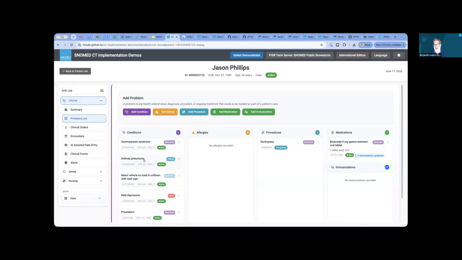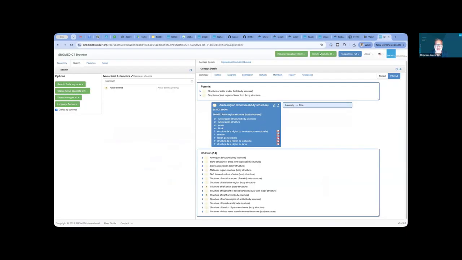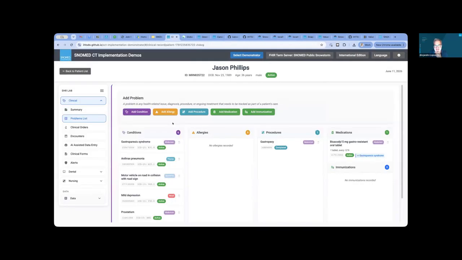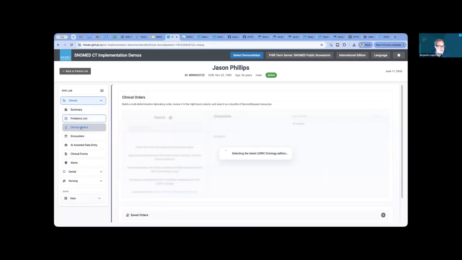So this tries to show you how SNOMED is used in the real world. Sometimes before having a very clinical UI, we had to search in the browser. And we had other more simplified UIs, like a typical encounter and things like that. But we are growing to show more and more complexity in our demonstrations. So this is how you use SNOMED to code new things, and it's a best practice example only.